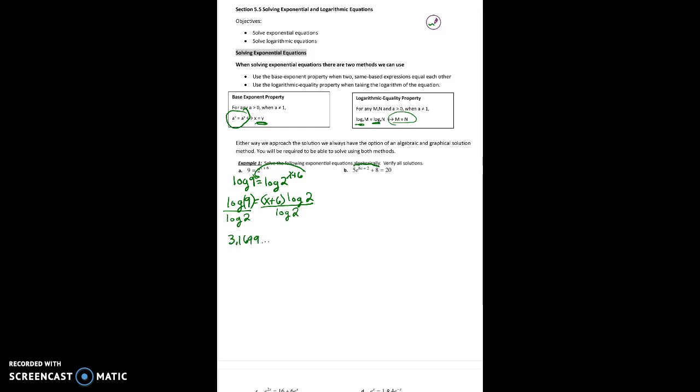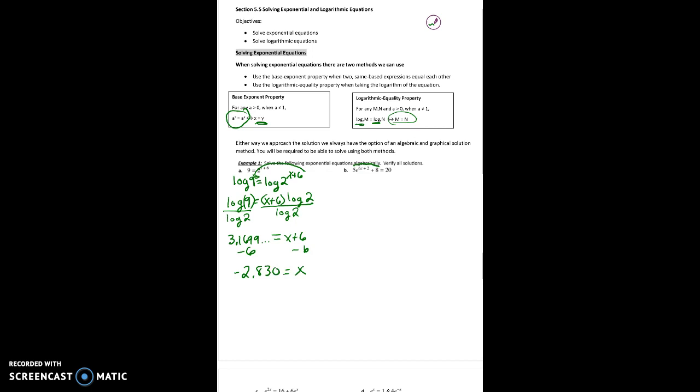3.1699... Now remember, even though I'm writing down a number on my paper, I'm actually keeping that entire decimal in my calculator because you never ever round in the middle of a problem. So this equals x plus 6. So to solve for x, all we're going to do is subtract 6 from both sides. So now we have negative 2.830